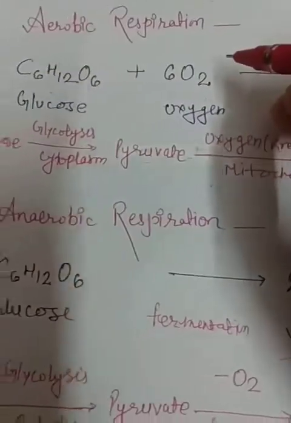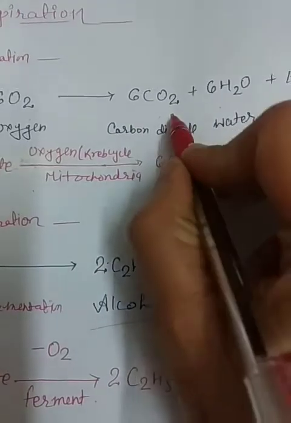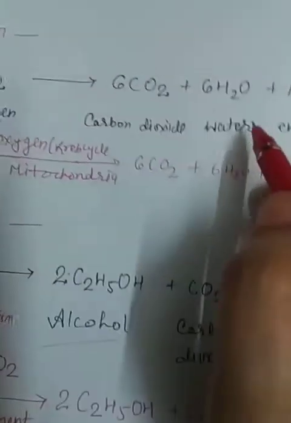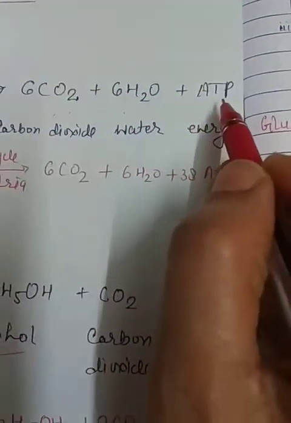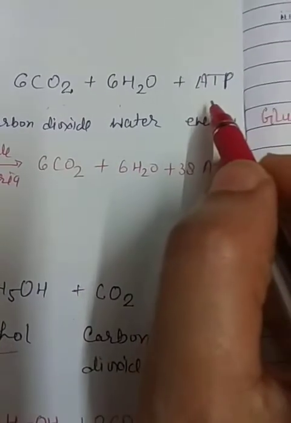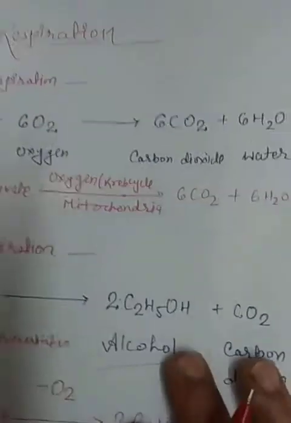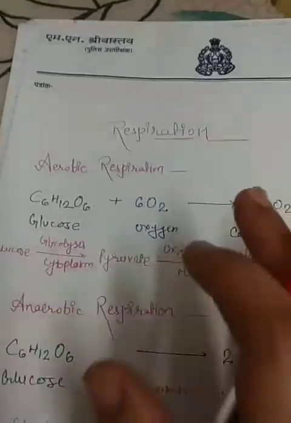In aerobic respiration, glucose is completely broken down into carbon dioxide and water by oxidation, and a considerable amount of energy is obtained for use by the organism, which gets stored in the ATP molecules. Okay, and the process of aerobic respiration occurs in mitochondria.